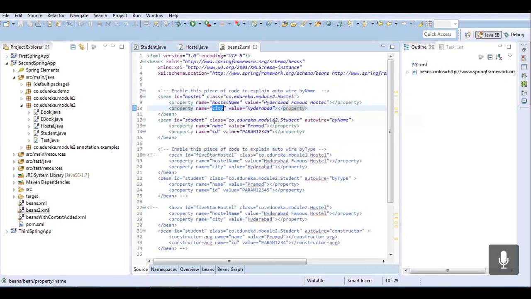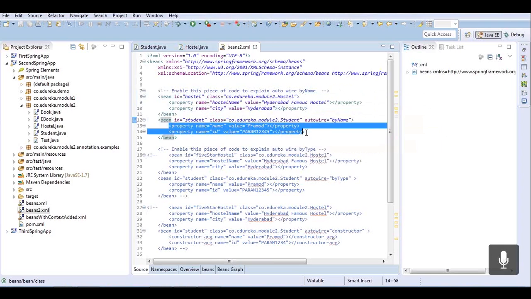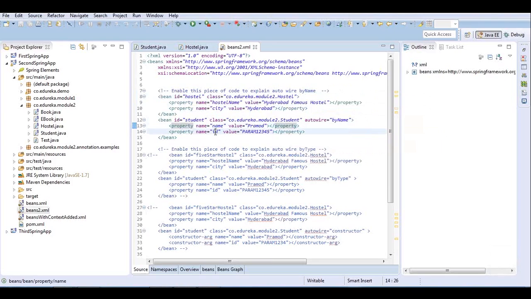And for the class student, I am passing only two properties, name and ID. It has the third property hostel, but I am not passing any value, or mapping any bean for that property. Why? Because I explicitly said that